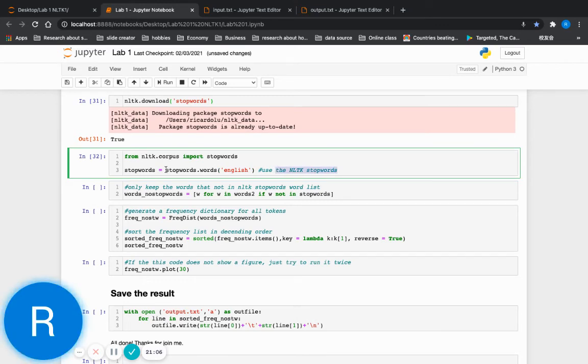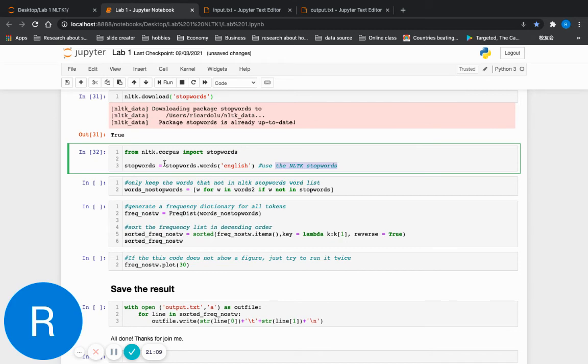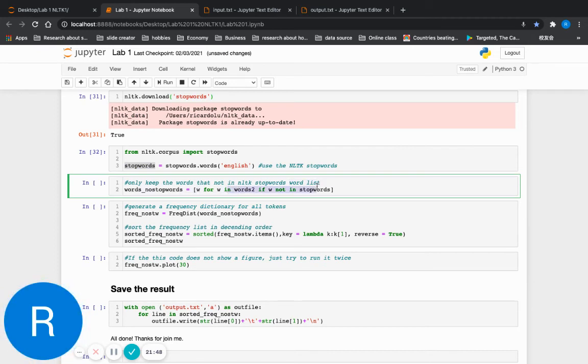Over here, stop words is what we imported, and it also has a specific function, and when you call it with English, it will give you a list of stop words. So what we'll do next is check every word and ask if it is a stop word. You won't add it to the list if it's a stop word. So this one called words, no stop words, definitely is a word to document that if you are in a stop words,